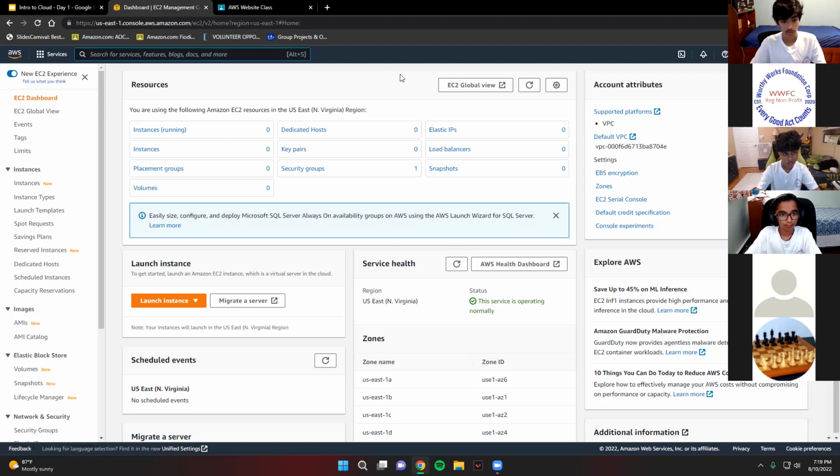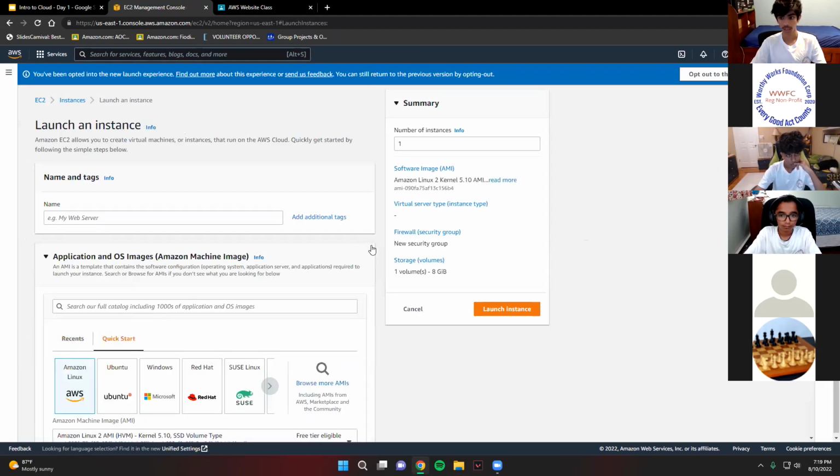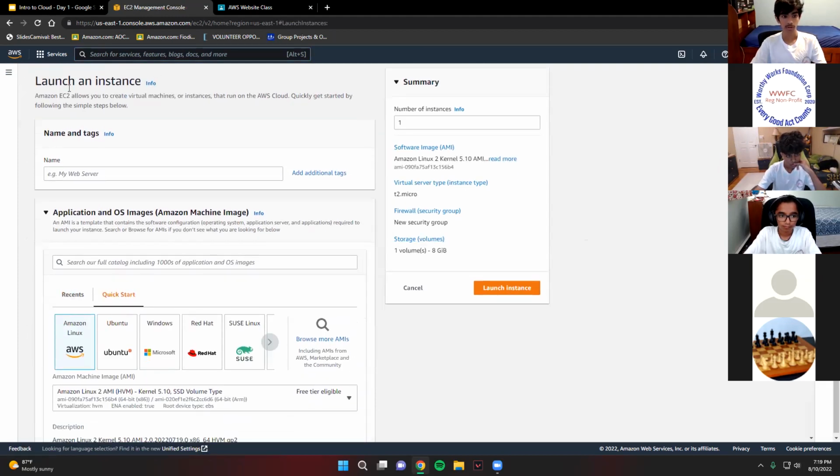All right. So once you're on EC2, we're going to be launching an instance. You'll have a page similar to this. There should be an orange button that should say launch instance, and you're going to click this button. So this is where you're going to set up all the different things for your instance. For now, it's going to be pretty basic. We're not going to have that much to set up since we're just starting a Windows machine. But when we create our server for the website on Linux, we're going to have a lot of different components.